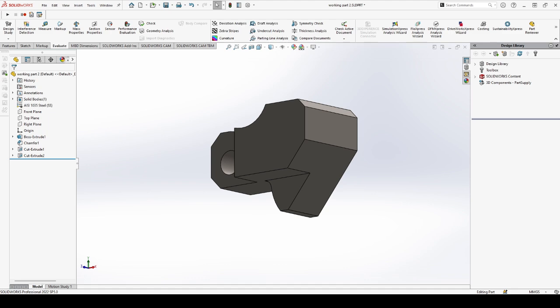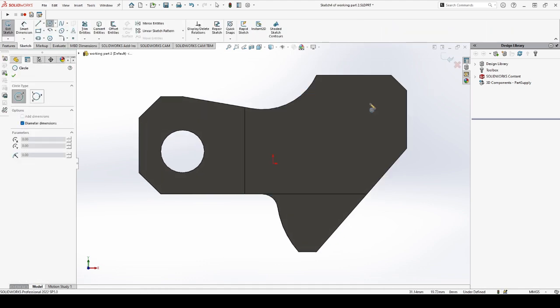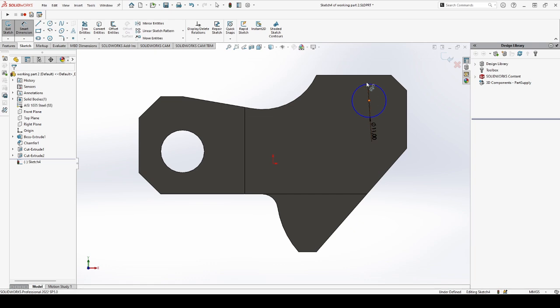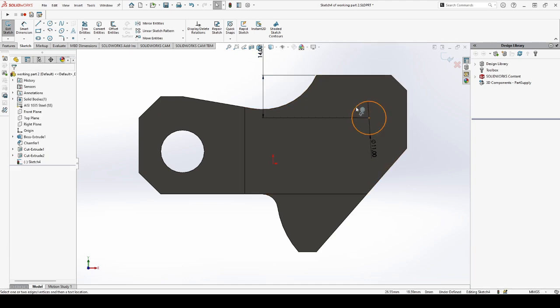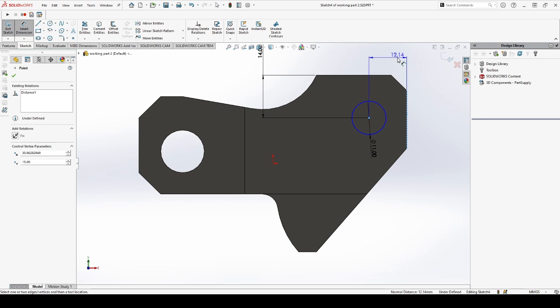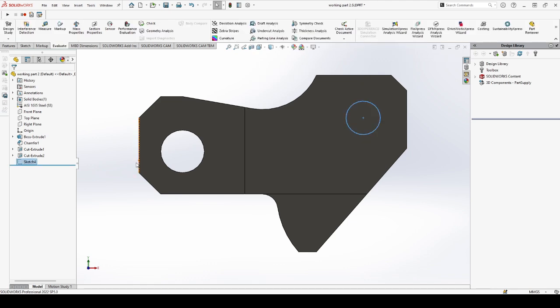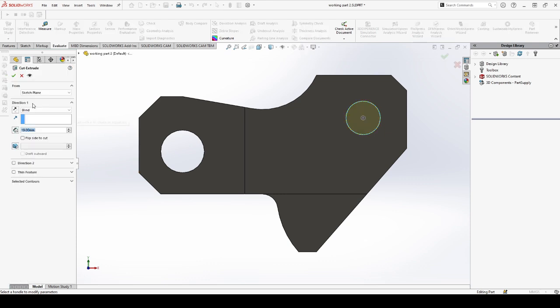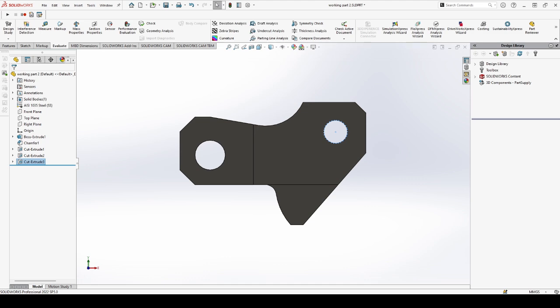Let's add in our second hole. So let's add a new feature, more easily modifiable as time goes on. Diameter of hole 11, center distance of 14 that way, and 14 that way. Okay, and we're gonna go with a through hole. Okay, remaining is